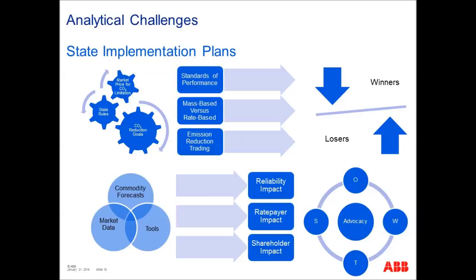All of these components are important because ultimately, as advocates for the utility and our ratepayers, we have to take all of these analyses and we have to determine what is the reliability impact, what is the ratepayer impact, and what is the shareholder impact. And all of this comes down to this sphere of advocacy, where with each of these various plans, you're looking at strengths, weaknesses, opportunities, and threats. And you are using the sphere of advocacy to advocate for your ratepayers and shareholders for a program that is beneficial to everyone involved, but more so to us. That was just a side joke there.